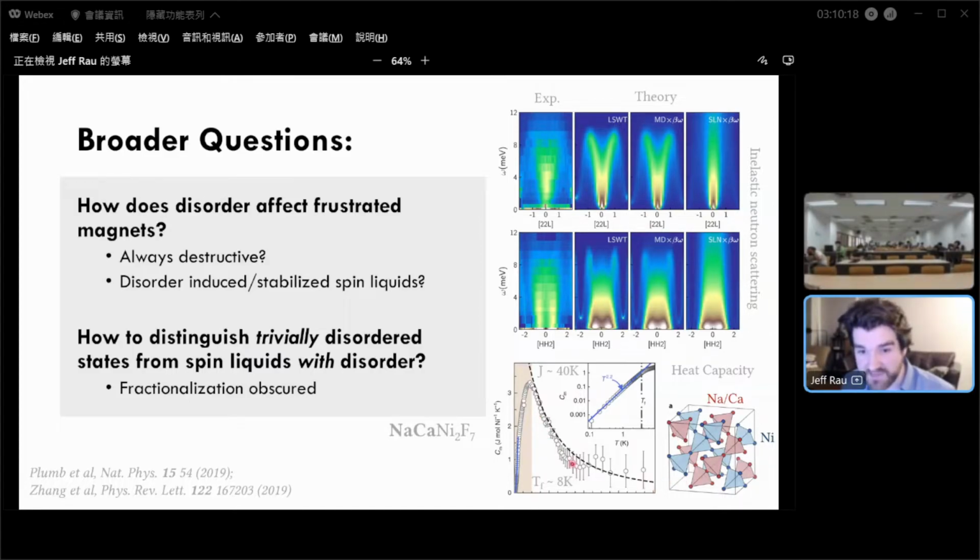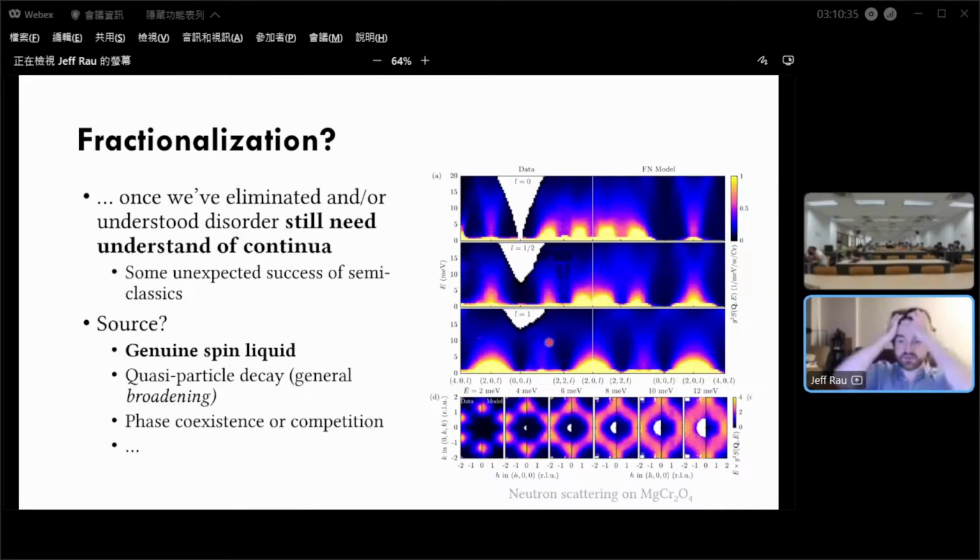But at high temperatures, medium temperatures here, the inelastic response looks quite a lot like what you'd expect from this classical spin liquid, despite the fact that it has disorder, right? So is the disorder just weak enough? Is the disorder helping? These are questions, right? So even if we can control that, even if we could somehow say we're going to make our samples incredibly clean, we got rid of disorder,